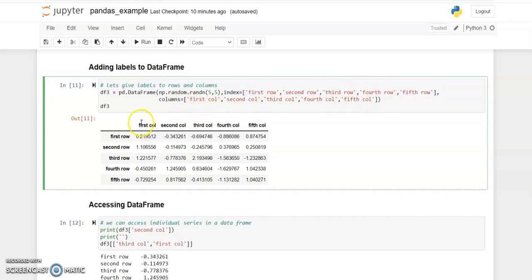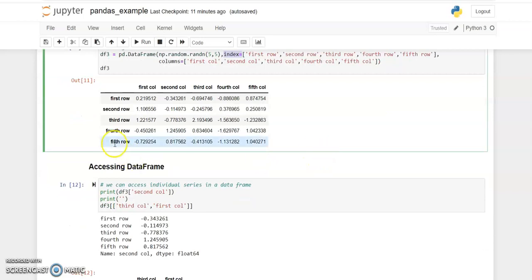For columns, the column is basically this one, and here I'm passing the data for columns. So you have to pass the information in index and columns. Now I'm printing it. Here you can see I have a very good data frame created, which has a labeled index and labeled columns.